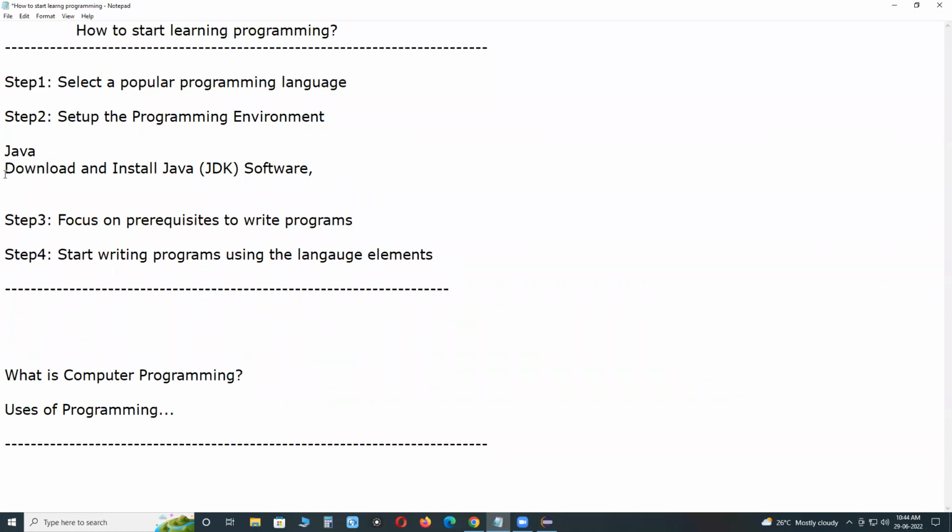This is step 1 for Java. For step 2, set up Java environment variable.